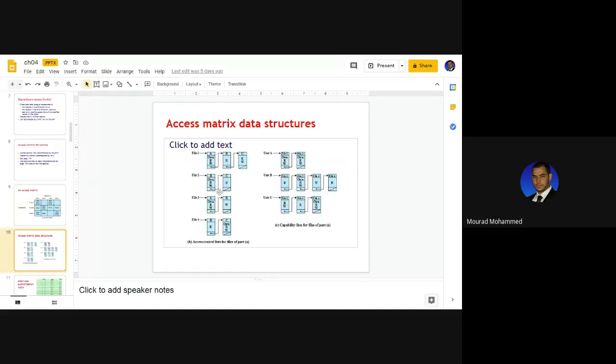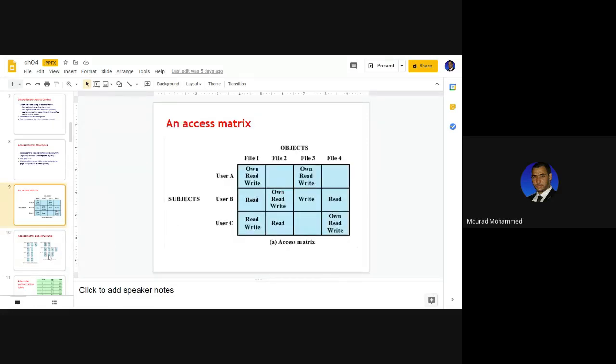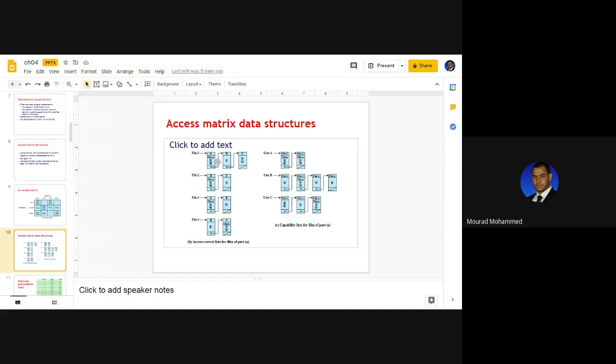We read this relationship in two different ways. Either from the file view: what rights are given to a specific user, and so on, until the last user. Or from the other view: a user, what he can do on a file, on a resource, and so on, for other users. So it's a data structure representation of this matrix in a language that the computer can understand. This way we can make a solution that the computer can understand.